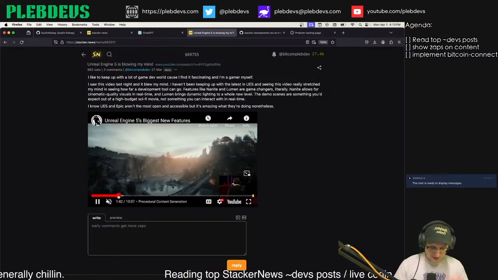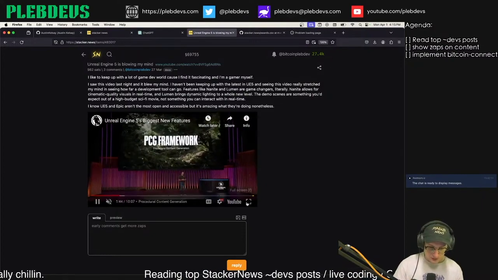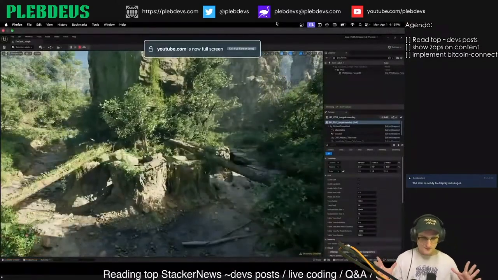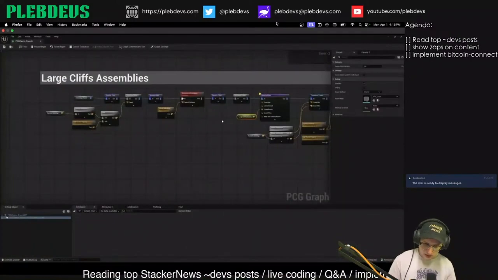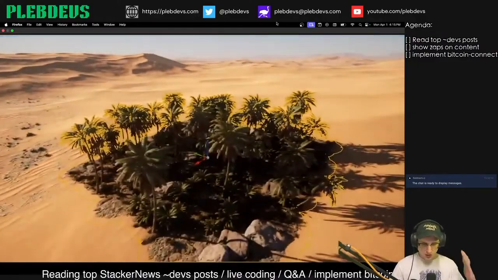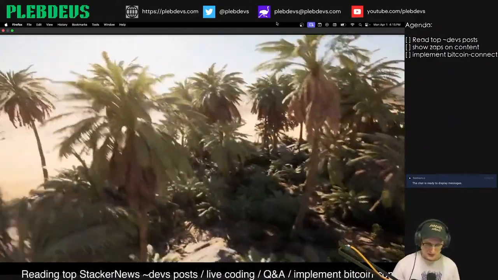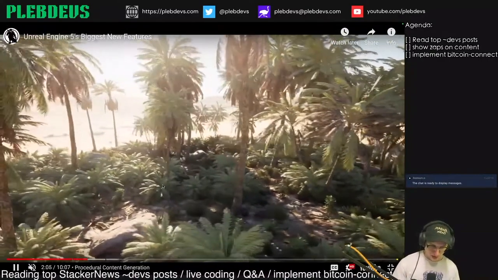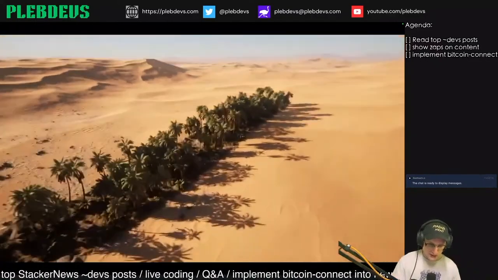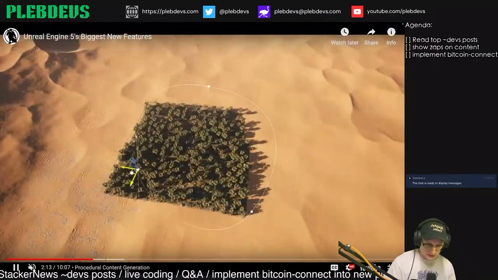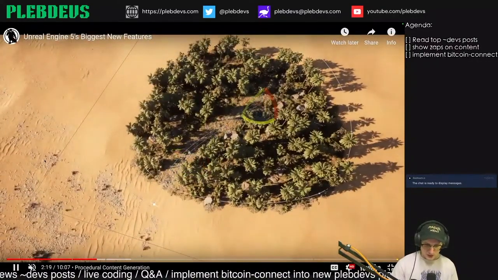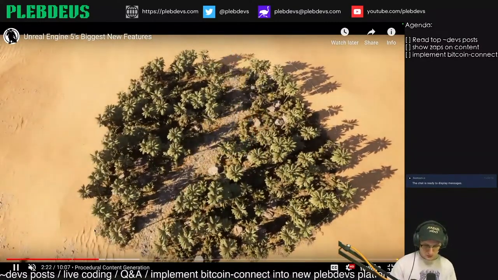Yeah, so they have procedural content generation, which is really, really amazing here. And this is all built into the Unreal Engine dev platform. I guess you would call it a dev tool platform, like an IDE for games. But this goes far beyond any kind of dev tool that I've ever used. I mean, the amount of built-in content. So this is an example where he has a randomly generated little oasis, and he's able to manipulate it, stretch it out. And it's not just a carbon copy of all of these trees or anything like that. And this is just built into the Unreal Engine. So this is something really cool. Procedural content generation.